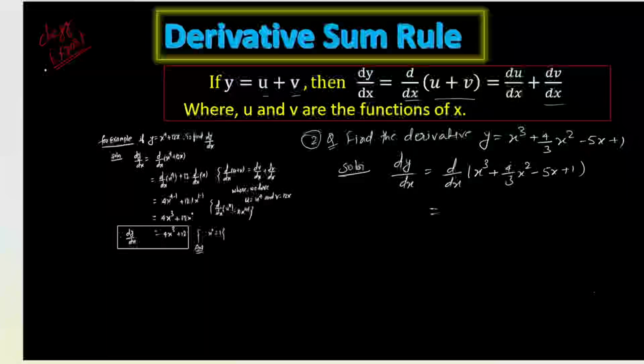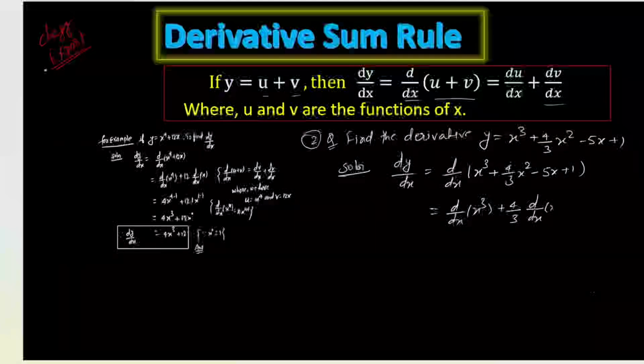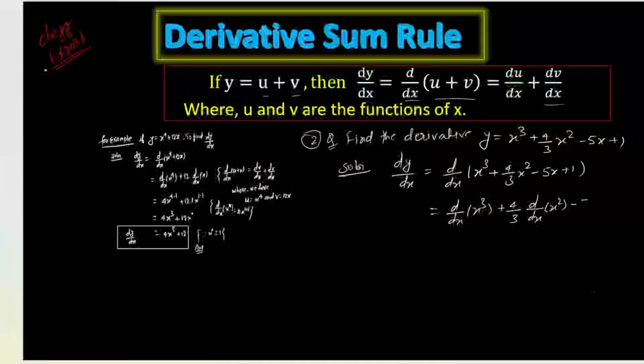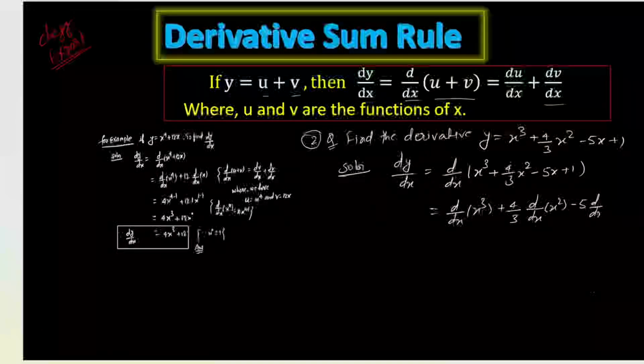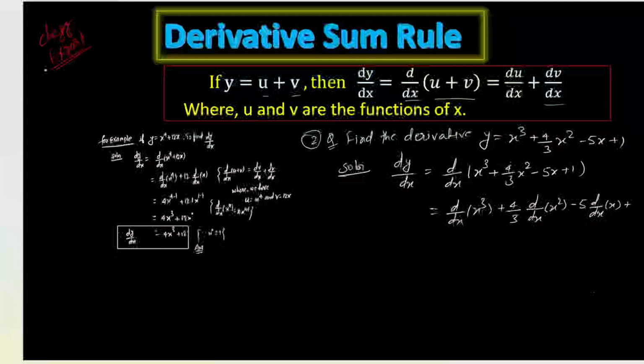It needs to be written in separate derivative form: d by dx of x cube plus 4 by 3, which is a constant, so it can be written outside of the derivative, d by dx of x square minus 5 d by dx of x plus d by dx of 1 is equal to